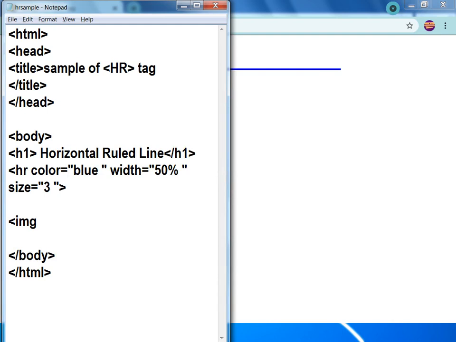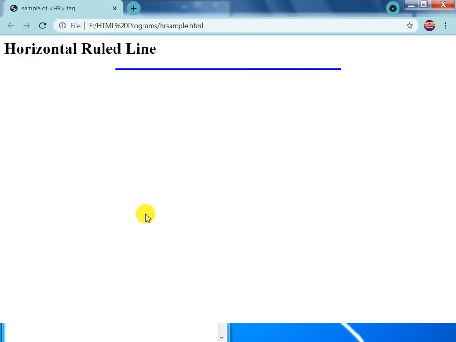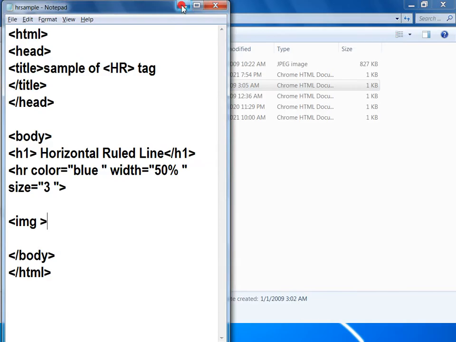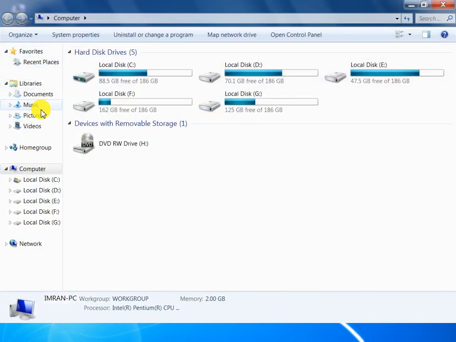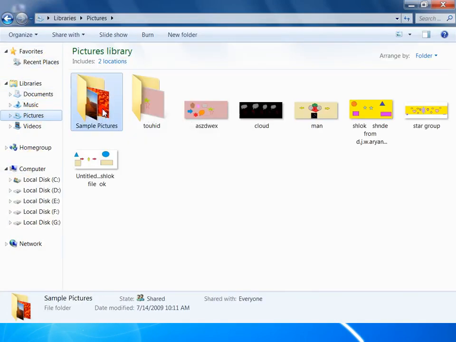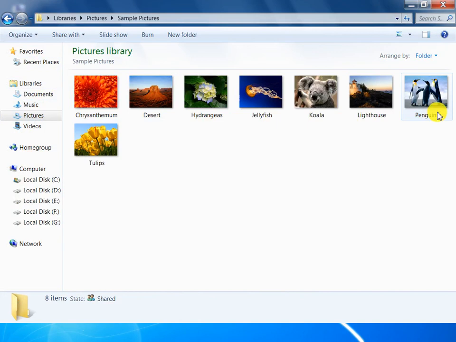IMG. Before you start the IMG tag, you have to copy a particular image into your folder. I minimize all my files. Click on My Computer, then Pictures; there are some sample pictures.